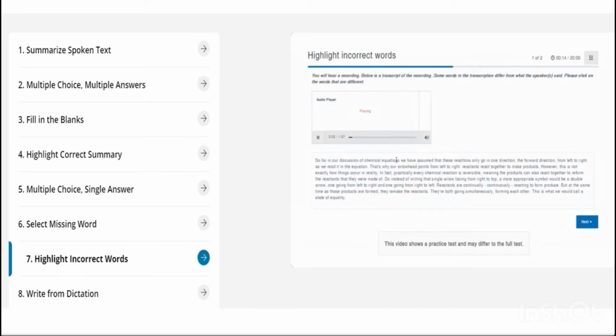The next question type is highlight incorrect words. In this question, you will have a transcript of an audio. Some words of the transcript have been replaced with different words. You have to highlight that incorrect word. You can unhighlight a word by clicking again on that word. If you are not sure about the word, then don't click on that word because there is negative marking in